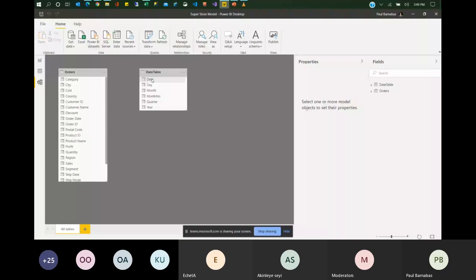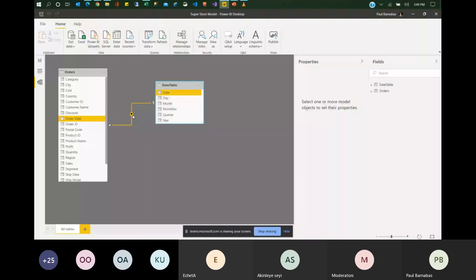Oh, beautiful. And so we can see that we have successfully created the relationship between this date column and the order date column in our orders table. Tomorrow's class will detail what this relationship means, why there's one here, why there's a star here, why there's an arrow here. All this will be talked about in detail in tomorrow's class. So let's go back and see what's happening.